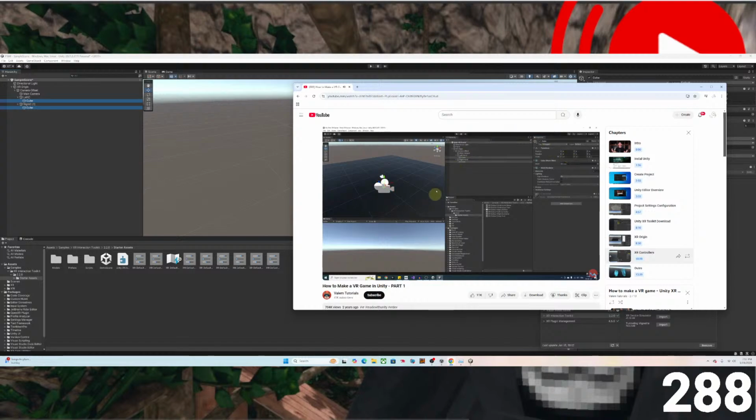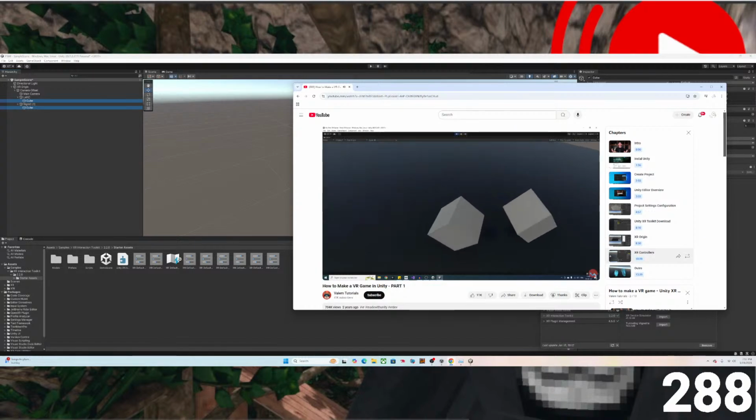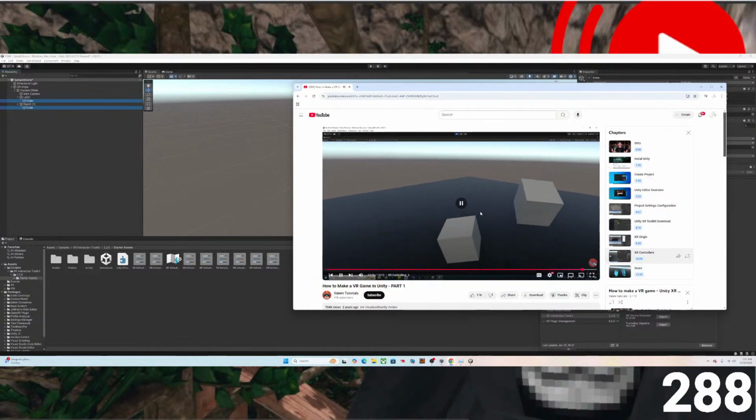And now if we click on play, ta-da, we can now see the cube with